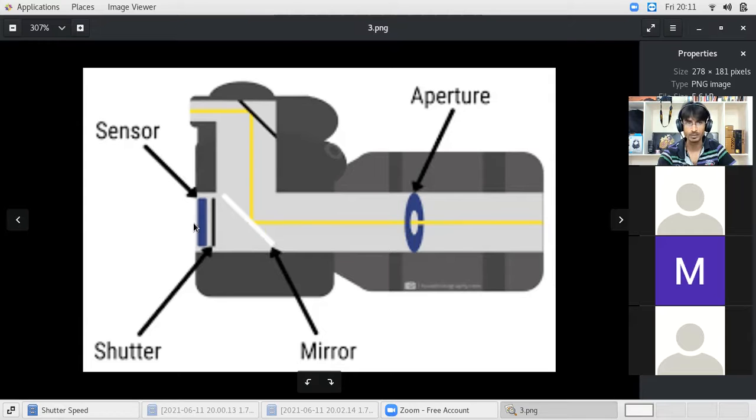The sensor records everything, and that recording is transferred to the memory card. The amount of time for which this sensor is exposed to the light is called shutter speed.